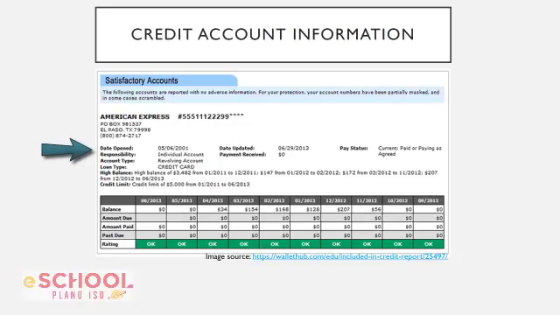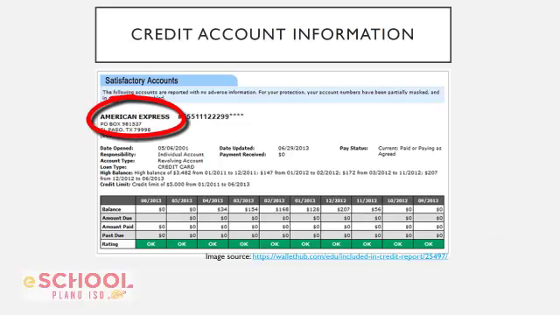It will have the date of the account being opened and closed if it was closed, the credit limit or the loan amount, the monthly balance as of each statement date, and your monthly payment history on whether you've made your minimum monthly payments. This person has nothing past due, so they are up to date, and it says okay because it was all paid on time and they are in good status with this company,